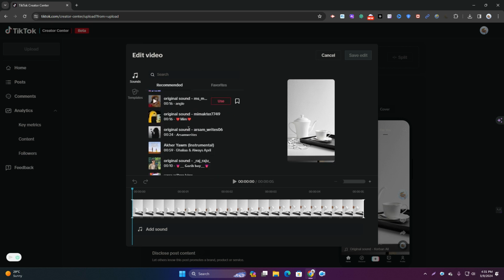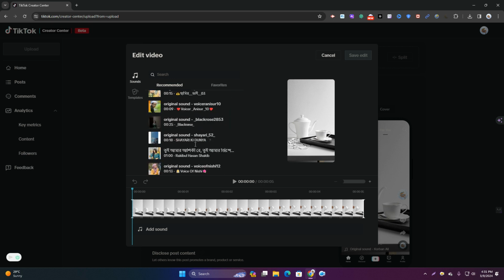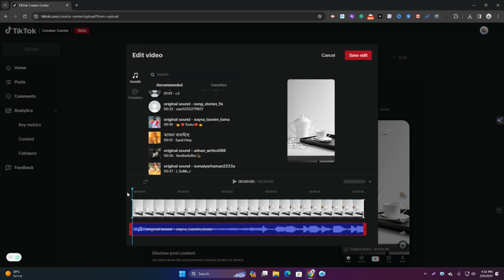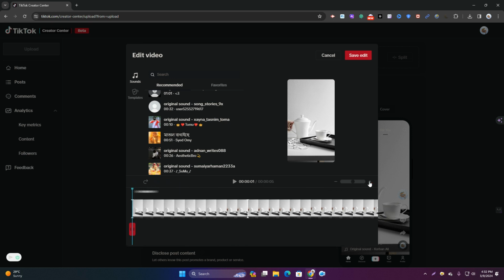So you'll get here some sounds. You have to choose. So I'm just using this one, and now it's added here. You can edit your sound. You can cut, or you can see